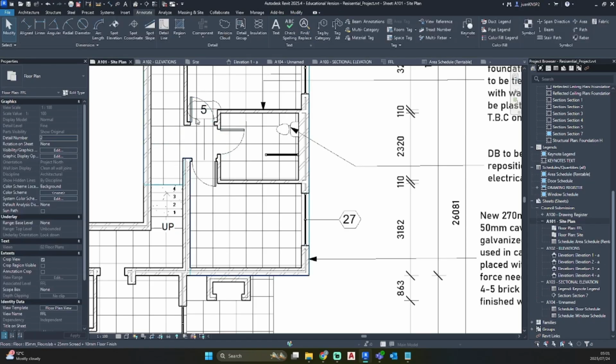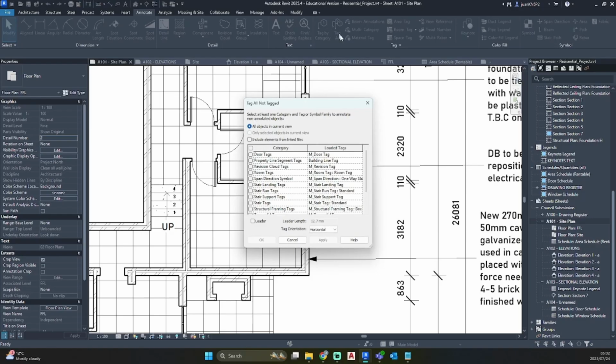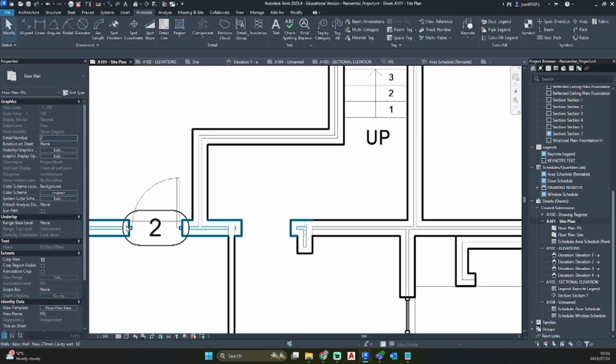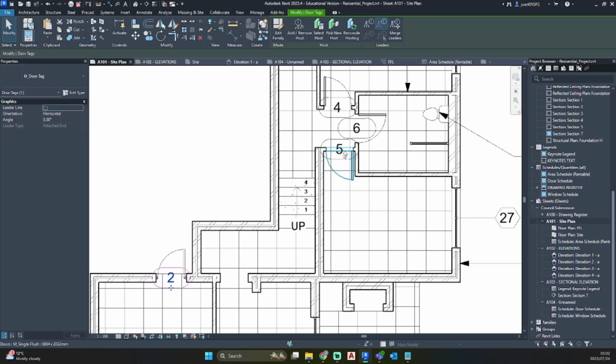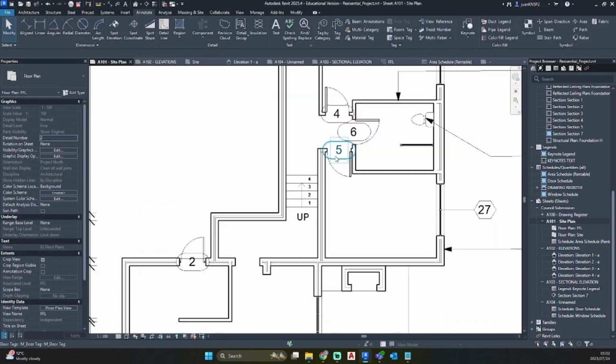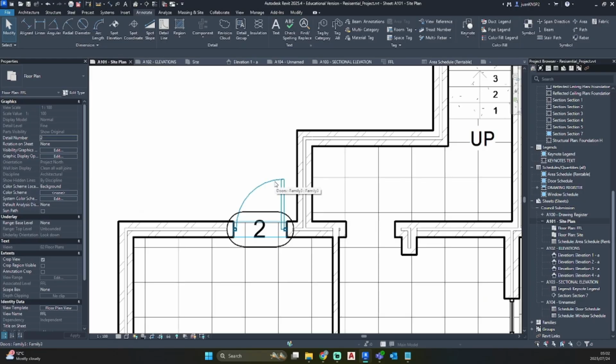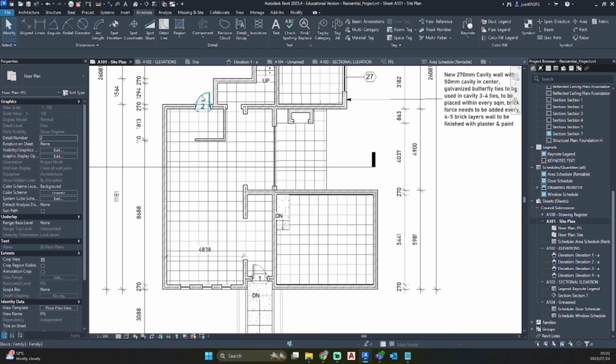What I would normally do in a project is I go tag all, and Revit will ask me what do you want to tag. So I'll go door tags, apply and OK, and then Revit will automatically tag all of your doors. Let's say you want to name this back door as DO1, as door 1, because we know that that door and that door is the same.